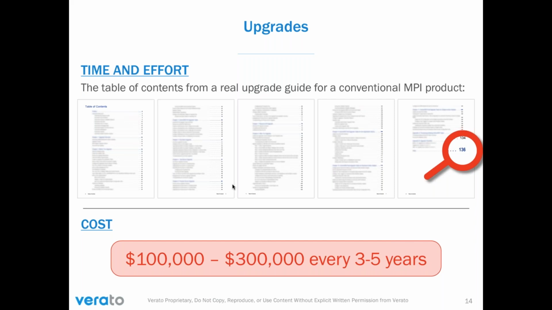It's easy to figure out what the hardware costs are going to be and the implementation estimates and things like that. But the piece that is often overlooked is that vendors release new versions of software every couple of years, or more often than that. Some of these have features that you would want to take advantage of if you're licensed to this software.